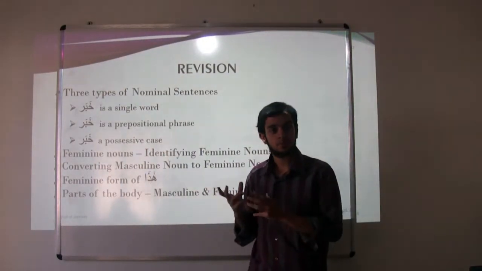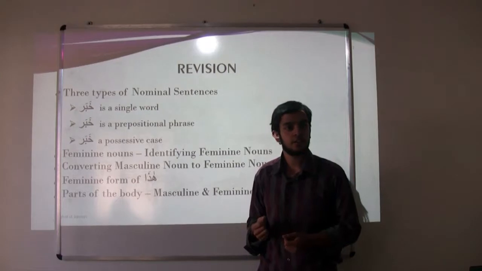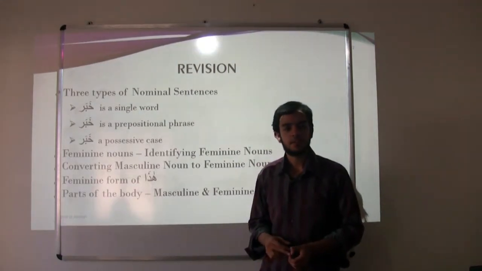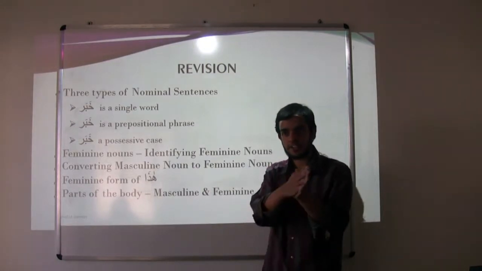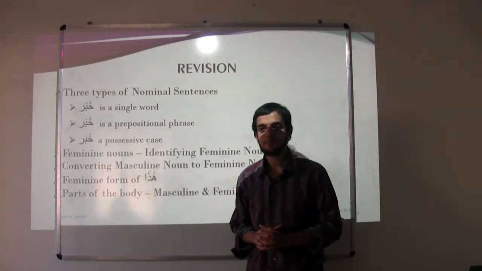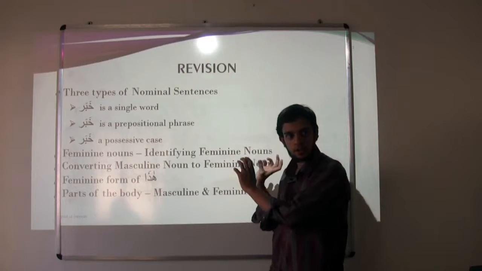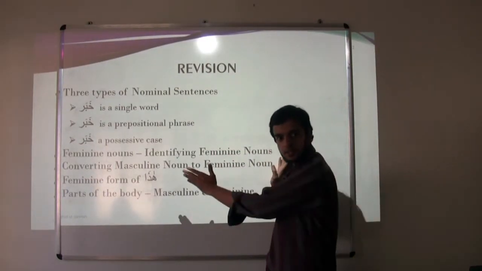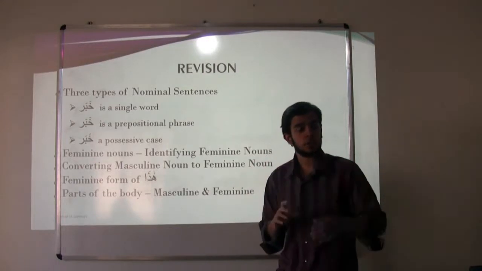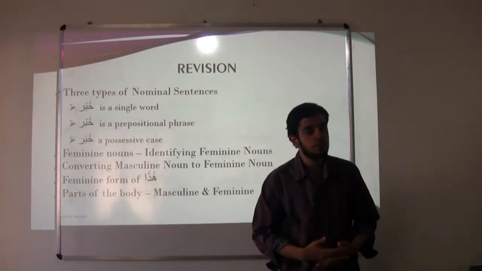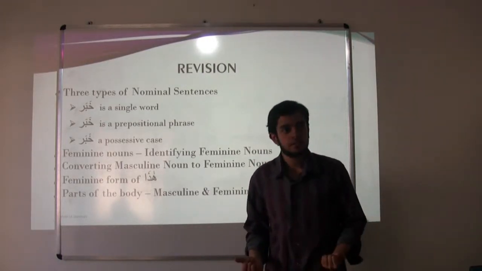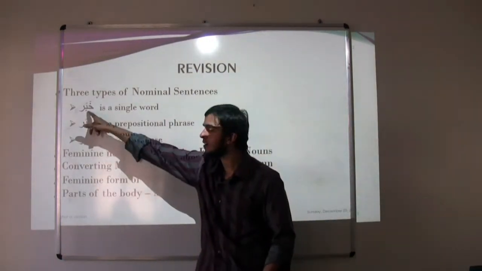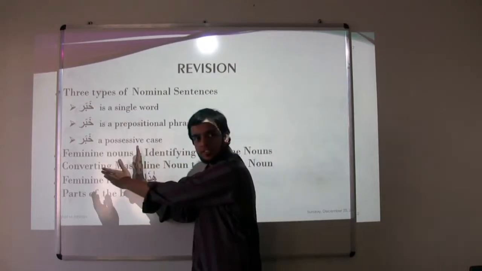Kitabullahi. What is the mubtada? Kitab. Al-kitab. Can you correct him? Now see, there are two parts to a nominal sentence, if we remember: the mubtada and khabar. What is the mubtada in Kitabullahi? Al-Quran is Kitabullahi. Exactly. So when I say khabar, it refers to the second part of the statement.